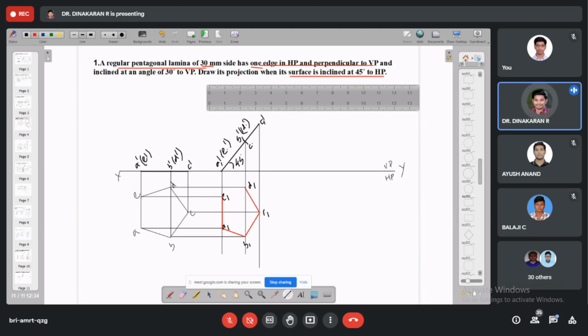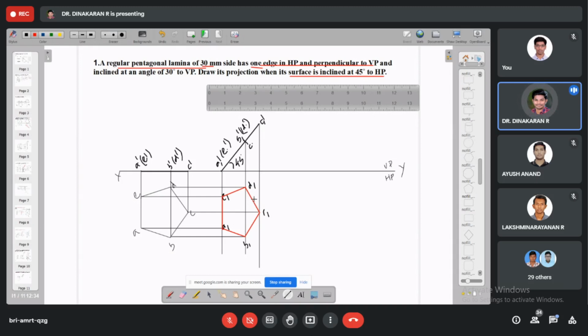It will be a reduced or original dimension. This pentagon will give a reduced dimension or original dimension compared to the true shape. This fourth step, the red color pentagon, I draw now connecting all the projections. This A1, B1, C1, D1, E1 red pentagon gives the reduced dimension. Okay, then tell me the fifth step.